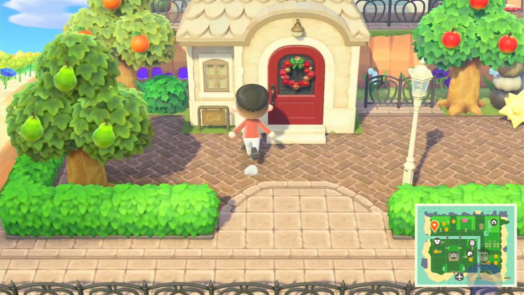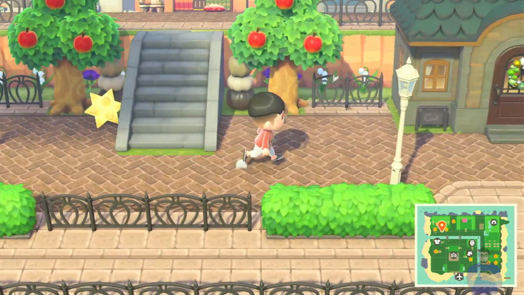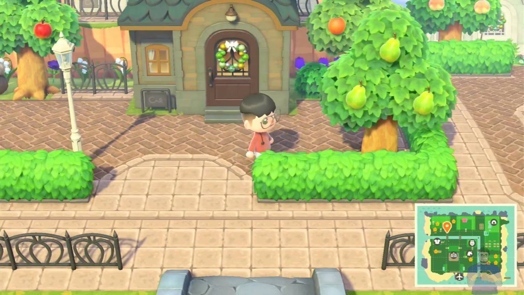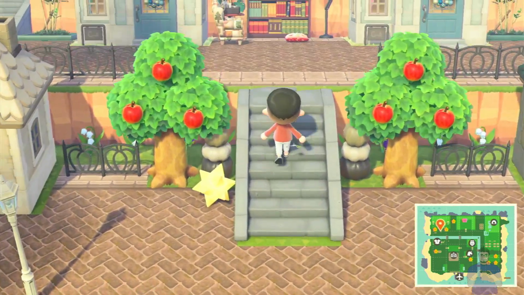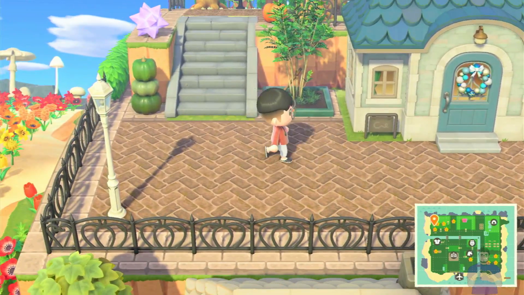So you can see, this is where Elvis lives. I placed him over here. And next, this is Raymond. And you can see there are pears and oranges. Actually, I've scattered all of the different fruit trees here in my island just to see a wide variety of stuff. So here on the second